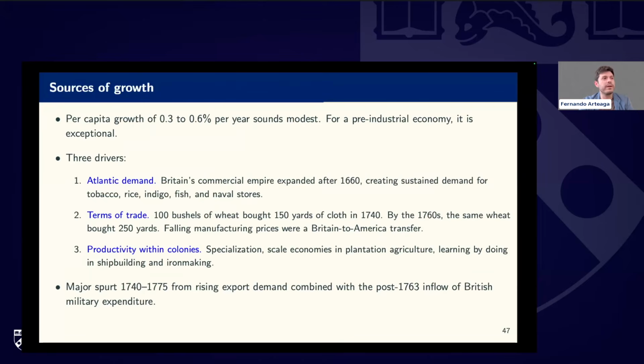I don't have time to cover a lot more of this, but a lot of the prosperity is due to the fact, of course, of the trade. It's also because of the improvement in terms of trade. What do I mean by that? It is that even though